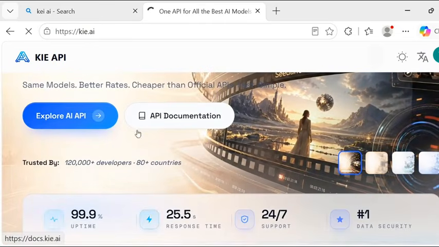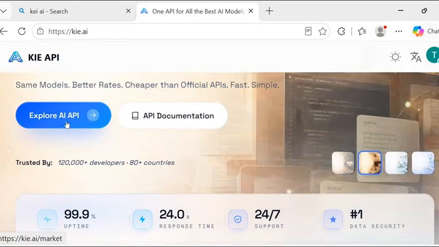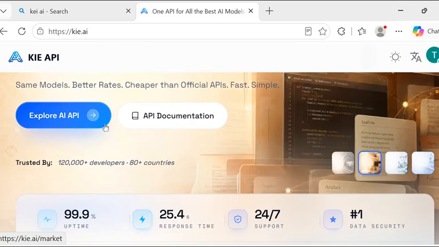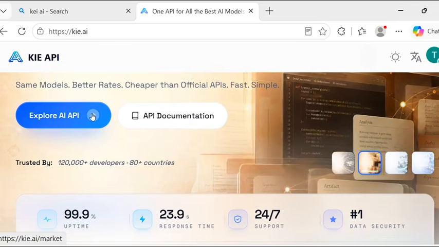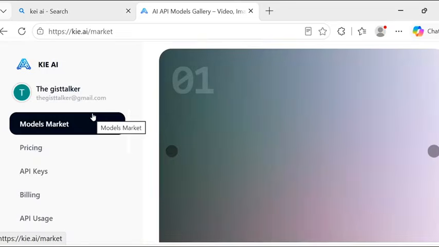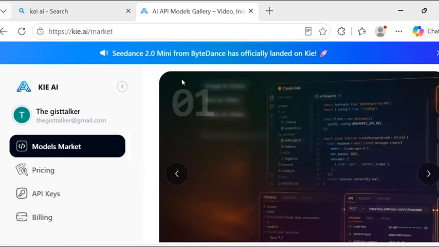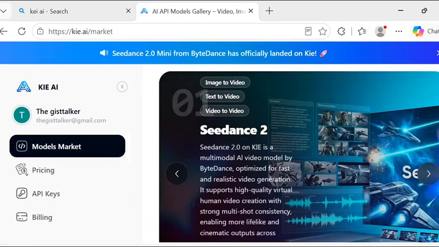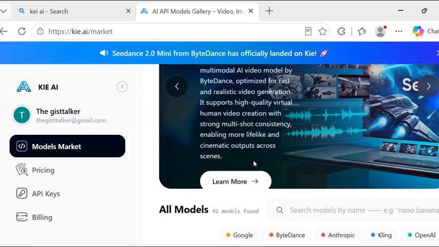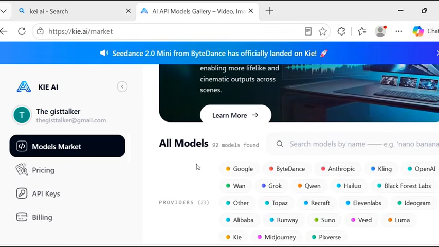All you need to do is click on explore API key here, this first one here. When you click on it, it's going to open and bring you to an interface like this, or you can click on this try Seedance 2.0 up here. Anyone you click is all the same thing. Now, as you can see, it says model set, you can see image to video, text to video, video to video. As you can see, Seedance 2.0 here, and if you are not okay with that,